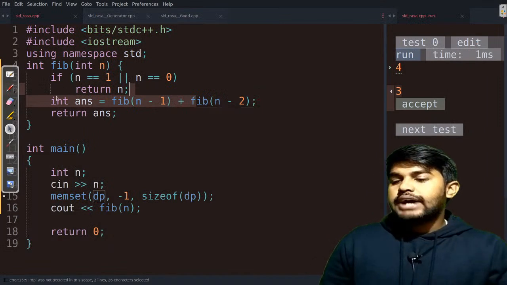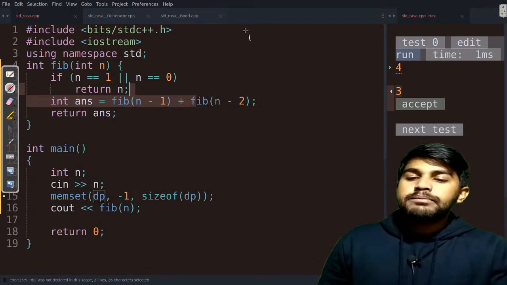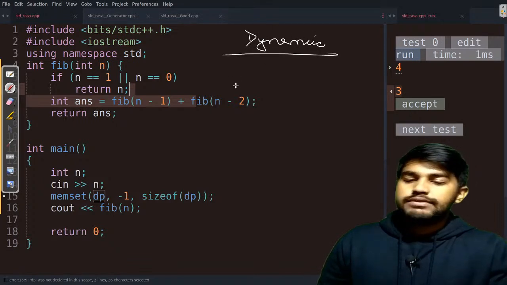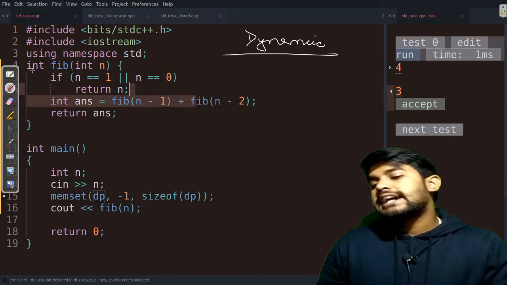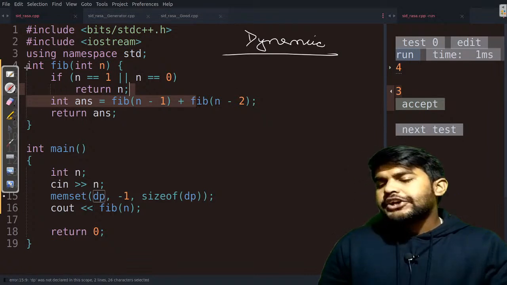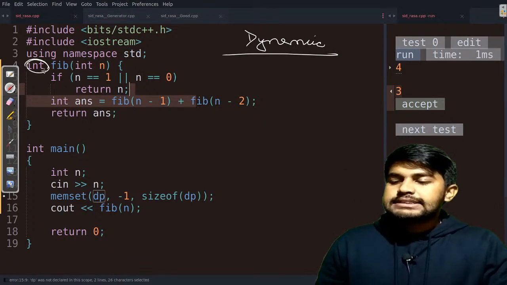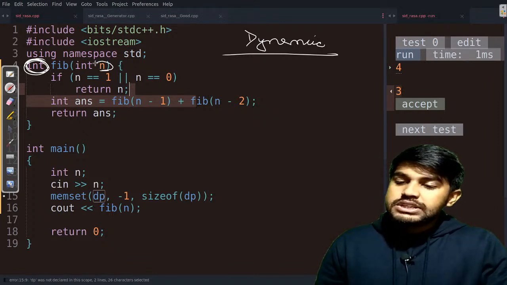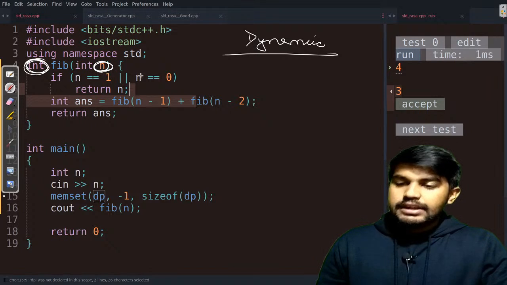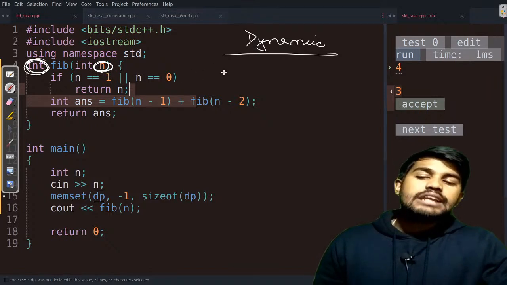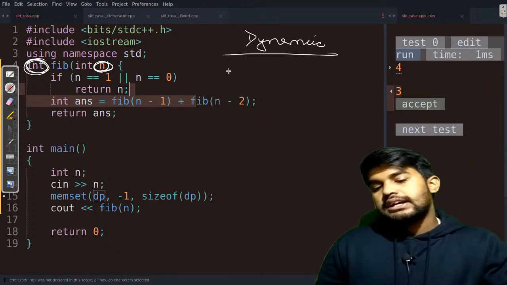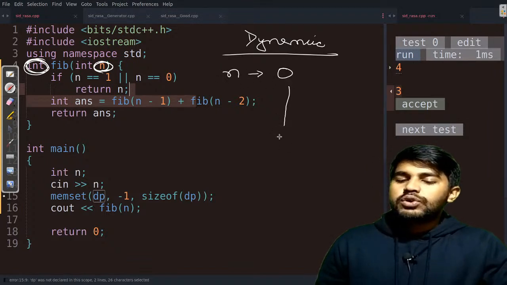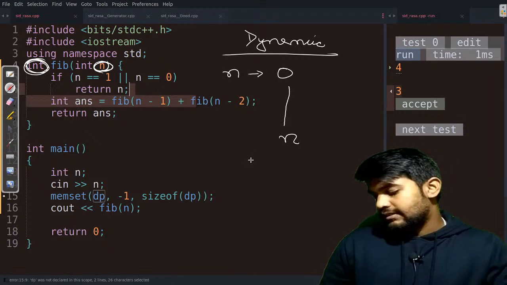Now we would identify the dynamic values. Okay, dynamic values of all these things. So what are the things changing? For a particular input, the answer remains the same and the only thing that is changing is the given n itself. The given n कितनी values तक जा सकता है? So n starts from 0 and would go till n itself. We know that.